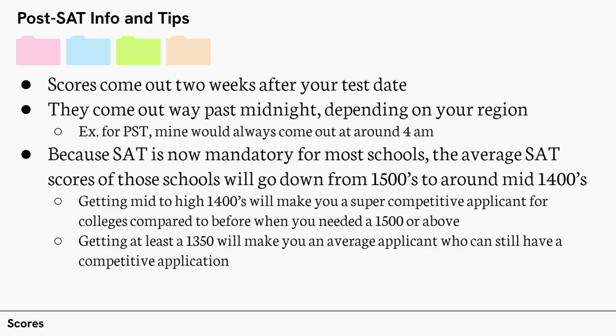Alright, now I'll be talking about post SAT info and tips. For example, what's a good score? What you should do with your score? Should you retake or should you keep it, right? So I want to start off by saying scores come out 2 weeks after your test date. On College Board, you'll find the exact date when your scores come out. They'll post what date the August SAT score comes out, the June SAT score comes out at this date. You will know the exact date for it.